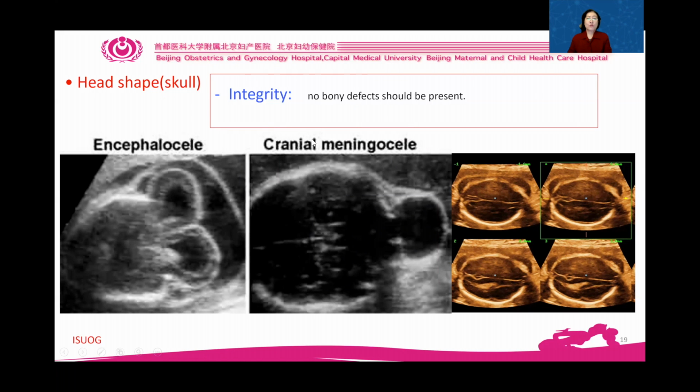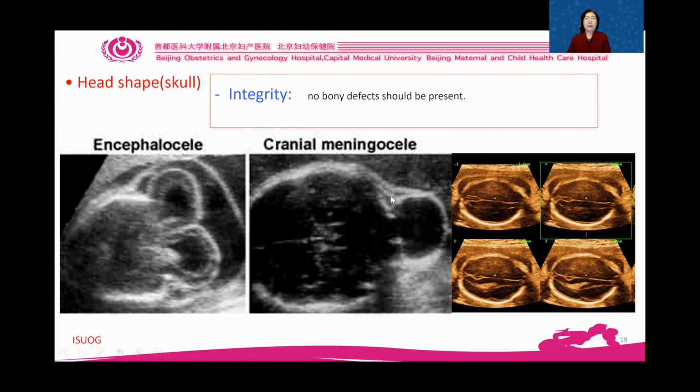The third one, we should observe the integrity. The integrity means no bony defects should be present. Like this, it's normal. Scroll, it's normal. It's from the smart plane. But for this one, in the cranial area here,